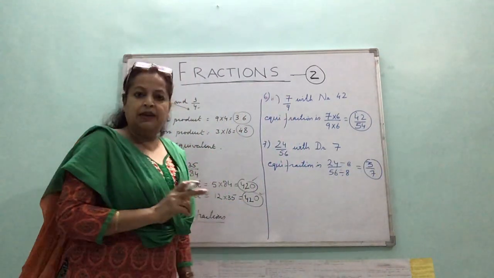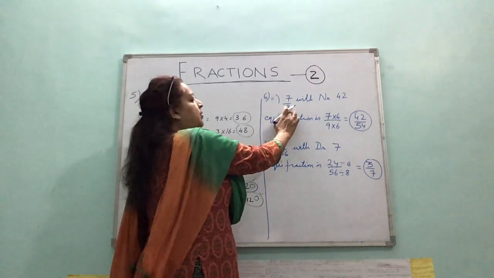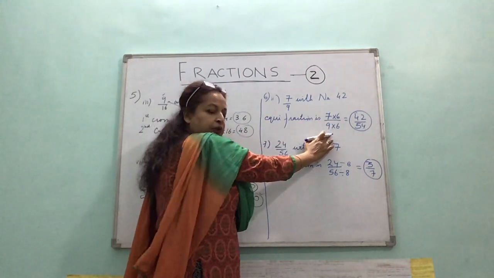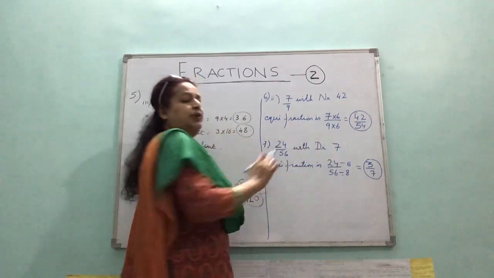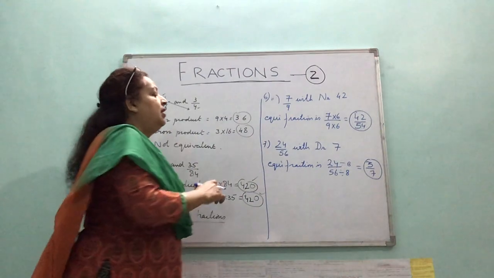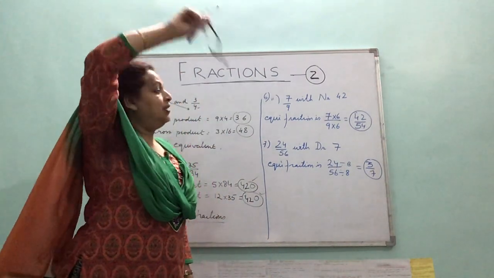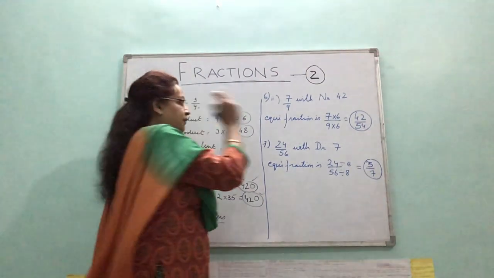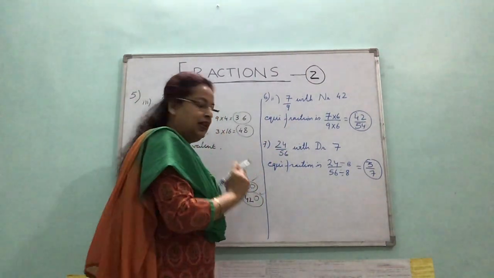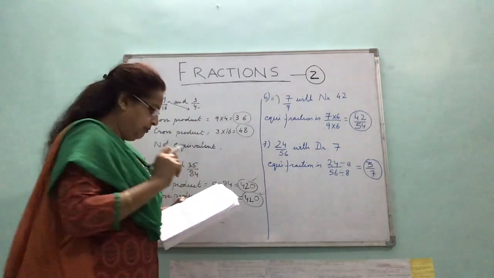So I am sure you have understood what equivalent fractions are. You will know that we can multiply both and we can also divide to get the equivalent fraction. In fact, it can be two-step also, like it is in the next question. Now in the 6th question we were multiplying. In the 7th question we are dividing. Now see, there is a difference in question number 8.